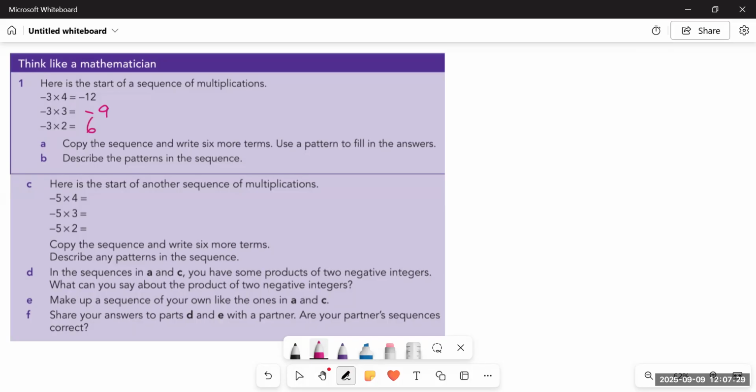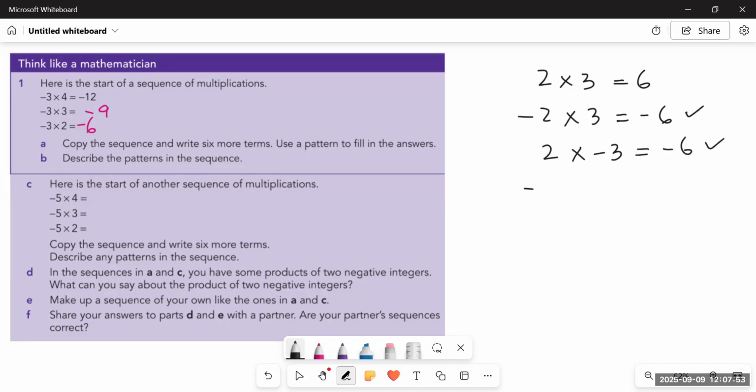Before moving any further, let me tell you one thing over here. When you multiply two positive numbers, the answer is always positive, that we have learned so far in the earlier classes. But when we multiply a negative number with a positive number, always remember the answer would be negative, be it the first one is positive or the second one is positive. If one of them is positive and the other one is negative, then in both cases the answer would be negative. But there's one more situation when both of the numbers are negative. Always remember when we multiply two negative numbers, the answer would always be positive.